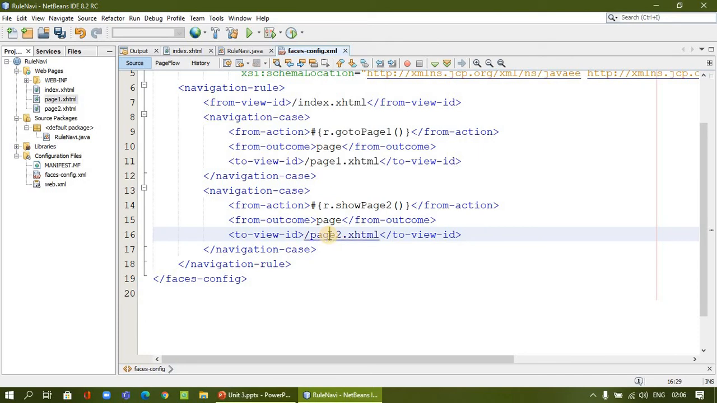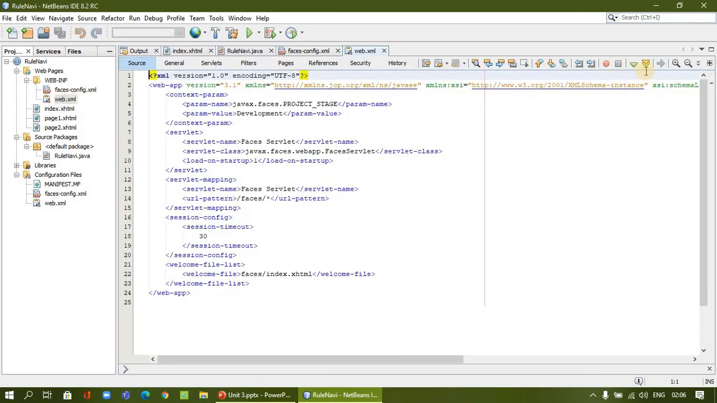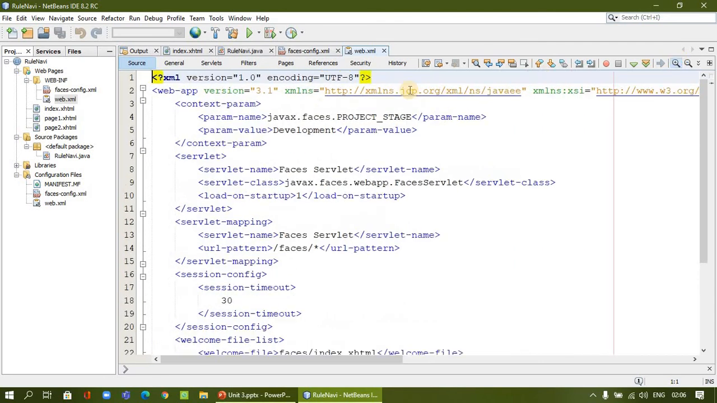Within the navigation we are adding a number of rules. Now after completing this, we can see the configuration file that is in the web.inf here. This is what we are working on at present. This should be connected to our web.xml file. In the web.xml file, we should connect